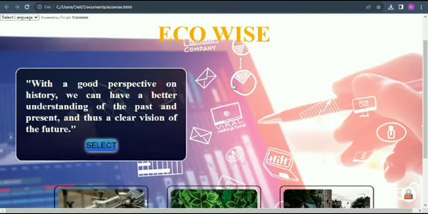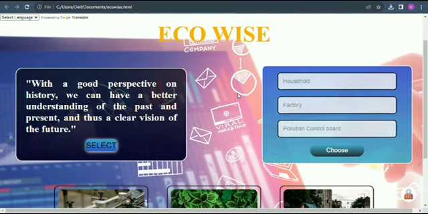So in this website, you can see that if you select, you'll be having three options for an individual. If an individual is household user, then they can click on to household or factory or pollution control board. So for household user,